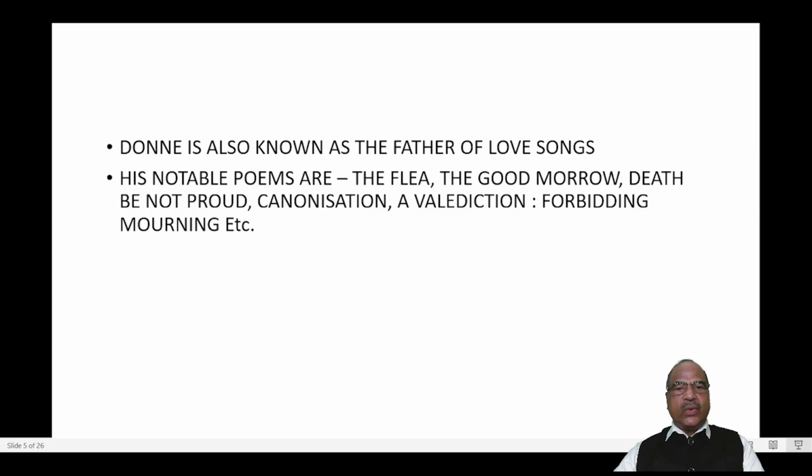Donne is also known as the father of love songs, and his notable poems are The Flea, The Good Morrow, Death Be Not Proud, Canonization, A Valediction Forbidding Mourning, etc. In A Valediction Forbidding Mourning, he has used the famous conceit of the mathematical compass and a famous quote,